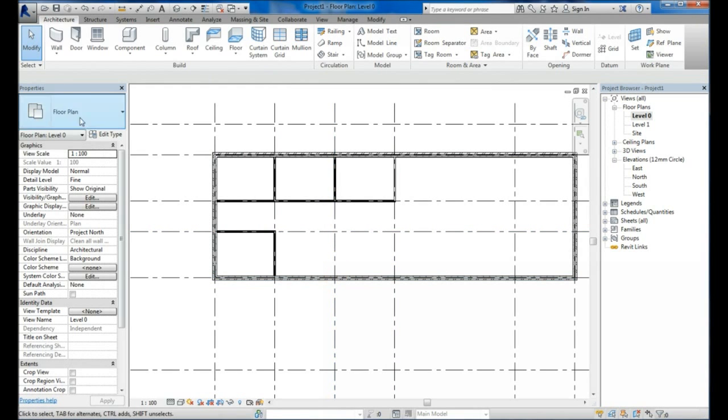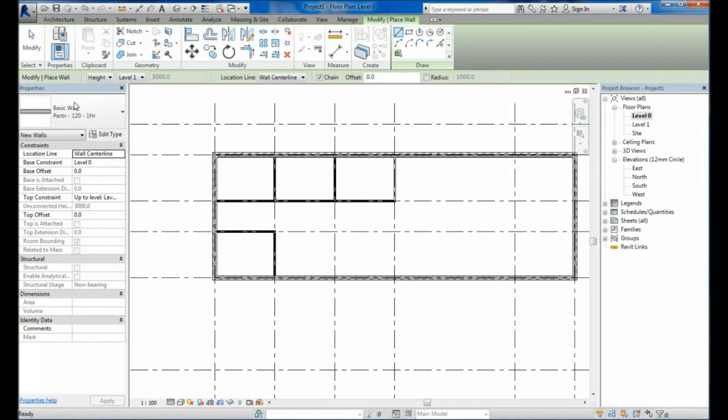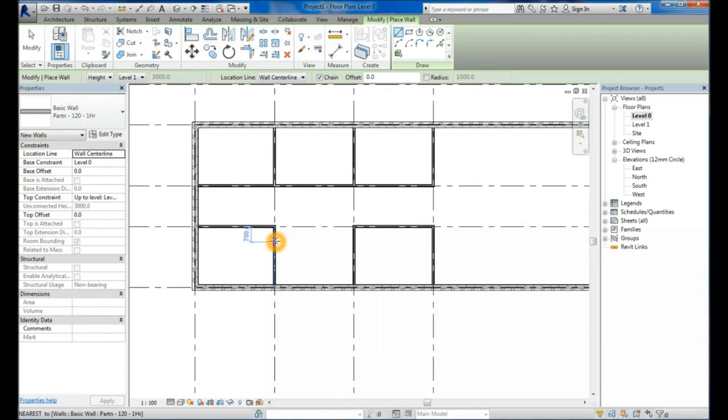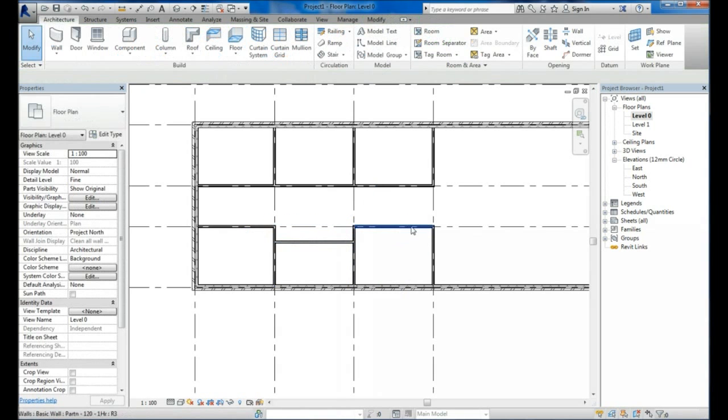If we go to our basic wall again, start from there, do another one from there. We've got toilets here. So if we start there,